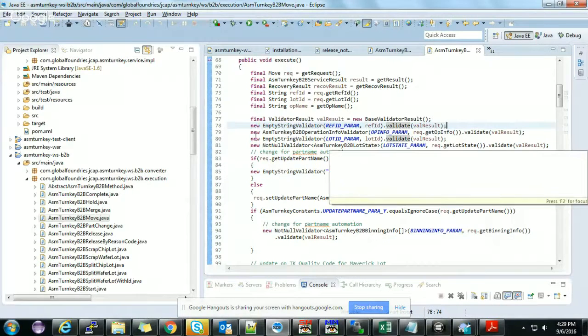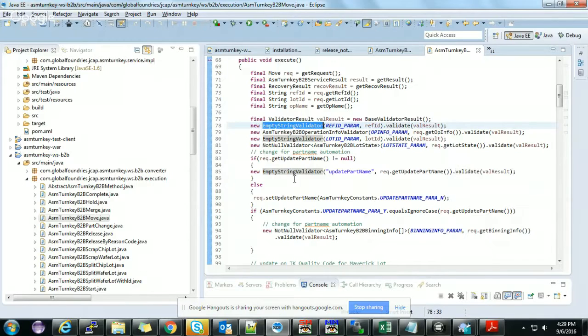Okay, for this empty string, it will just be the string empty validator. Okay, it's the null validator. So this is just, I think, empty validation, string validation, subcon validation. Actually,